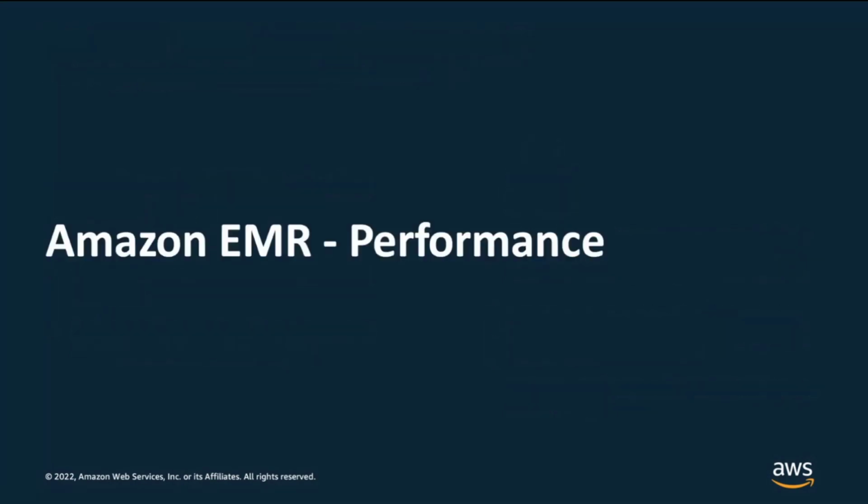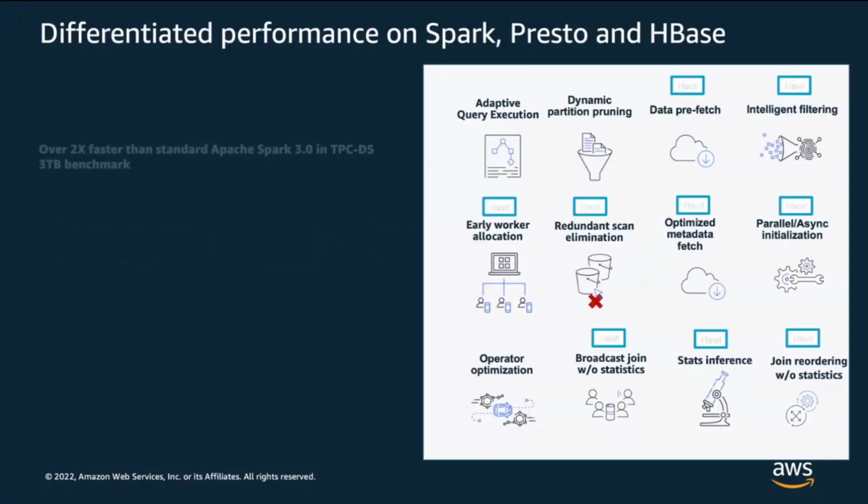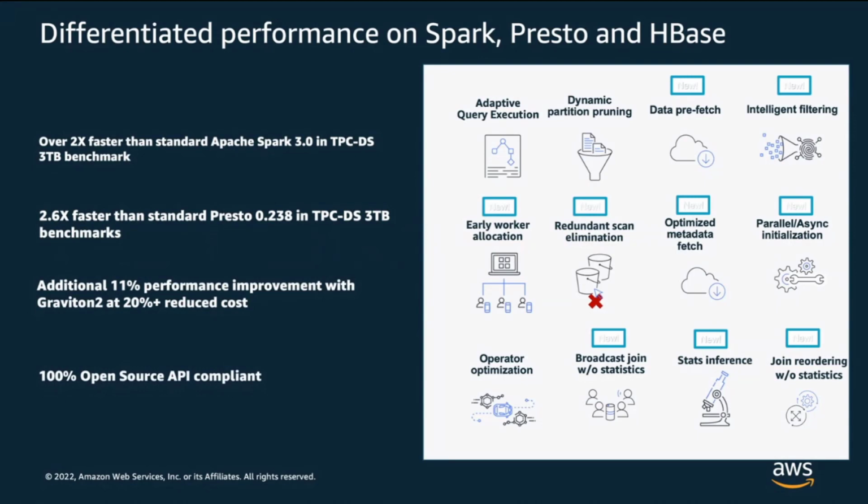Now let's go with the performance options, since this is part of a series on Graviton. So let's talk about how Graviton is helping customers with performance. There is differentiated performance on Spark, Presto, and HBase. Basically, we noticed that in Amazon EMR, Apache Spark 3.0 is 2x faster on the TPC-DS 3TB